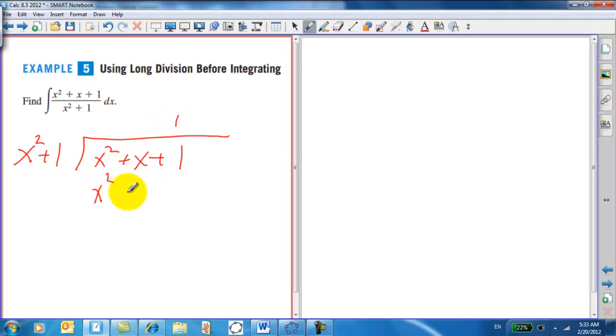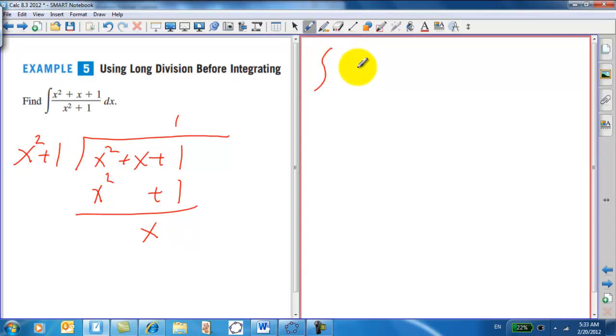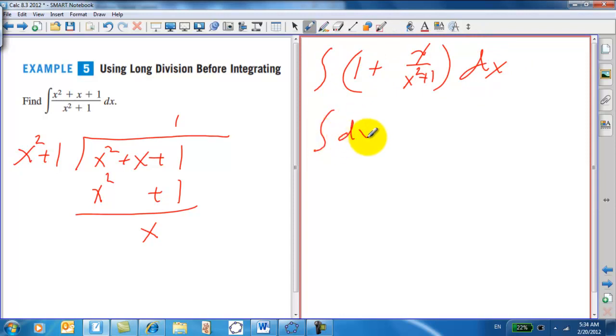And we get x squared plus 1. When we subtract, you just get an x left over, and we're done already because this remainder is a lower degree than x squared plus 1. So we rewrite it as the integral of 1 plus x over x squared plus 1 dx. And so it can be the integral of dx plus the integral of x dx over x squared plus 1. Well, this one's ready to become 1